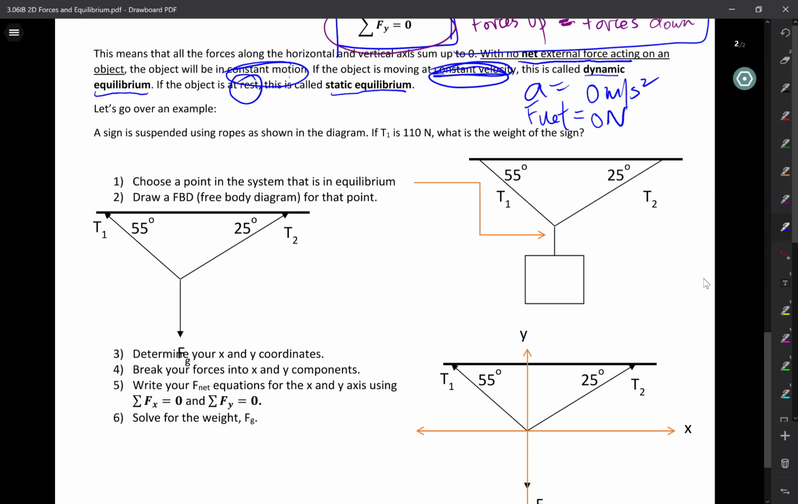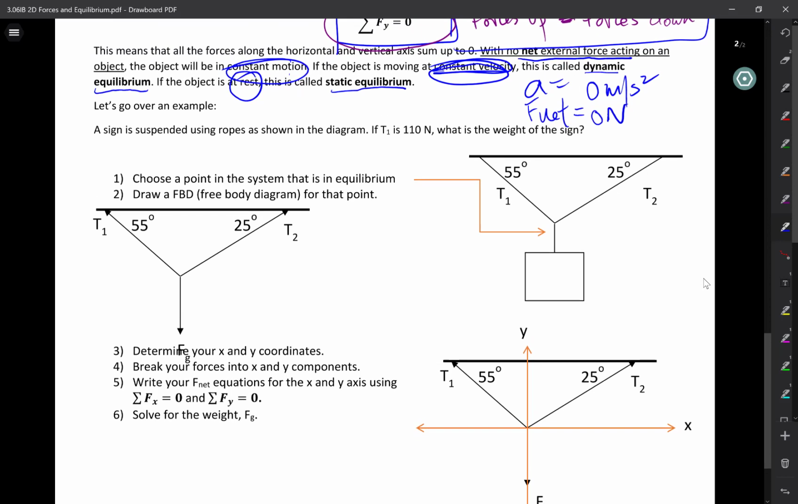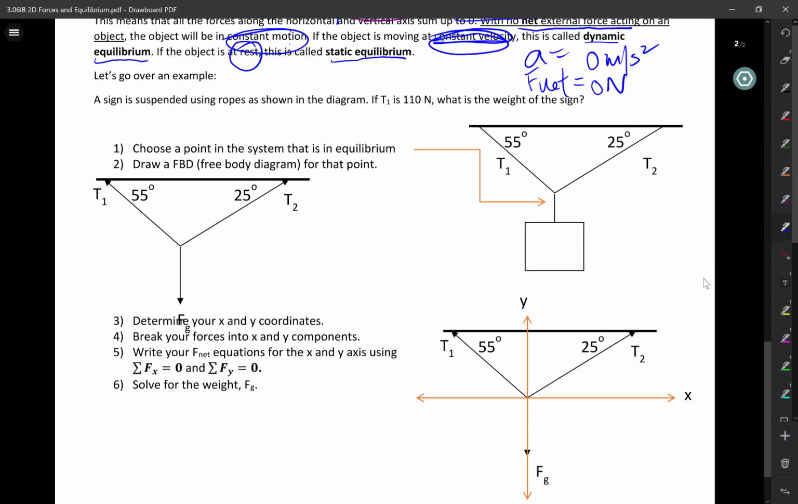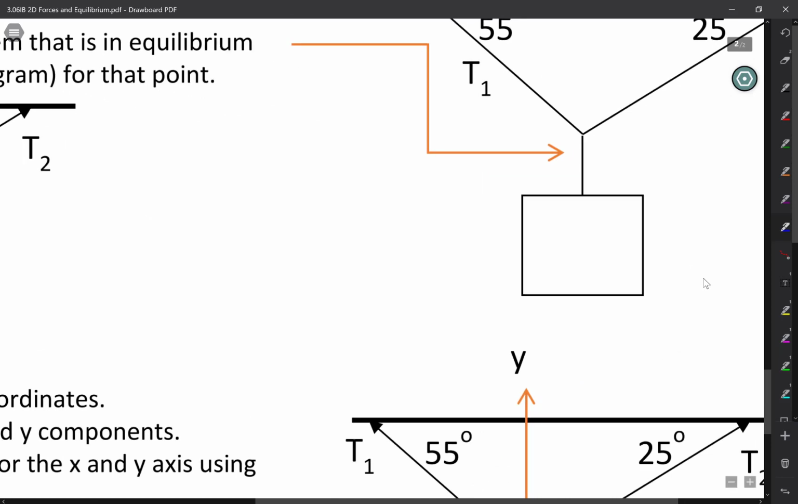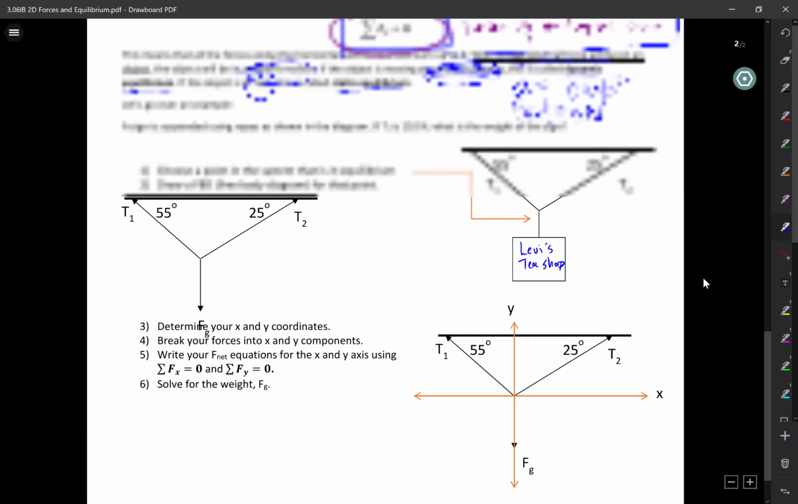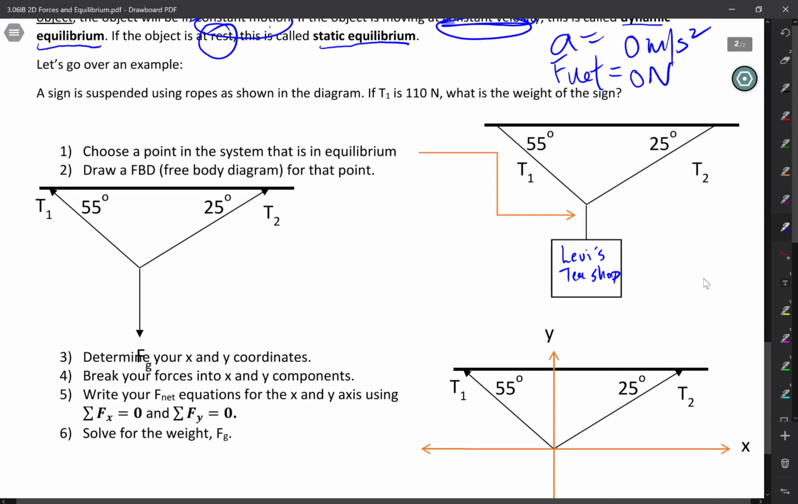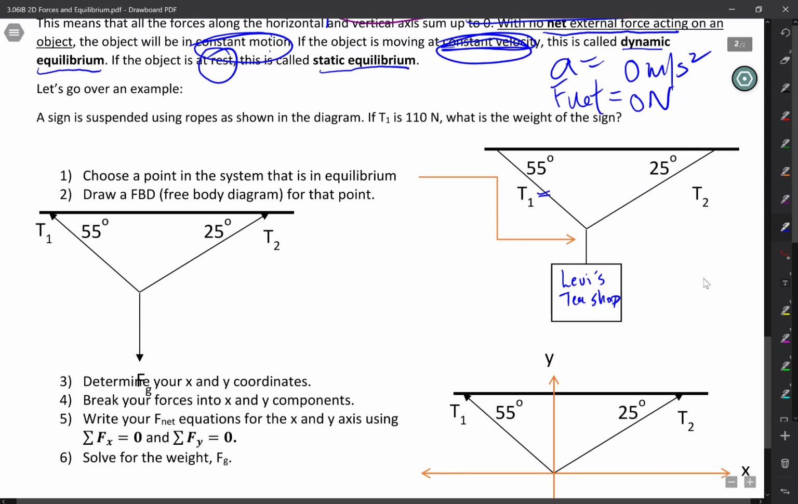Let's take a look at one example because we love short videos, don't we? Let's take a look at a sign. A sign is suspended using ropes as shown below in the diagram. And you know how Levi loves his tea shop, so Levi's tea shop. Haha. Love it. Okay. This sign is suspended, and Levi would probably never suspend a sign with some weird angles involved. But anyhow, let's say he did. If tension 1 is 110 newtons, that's the question,